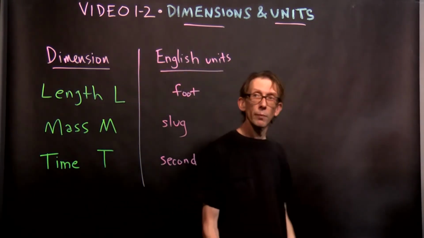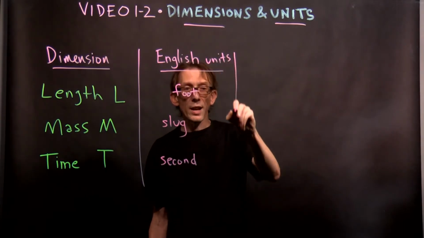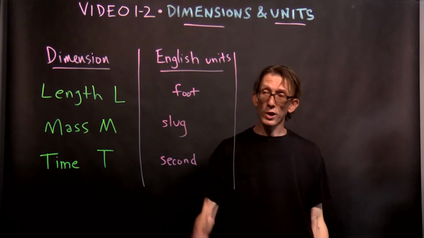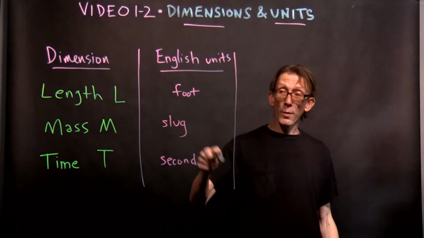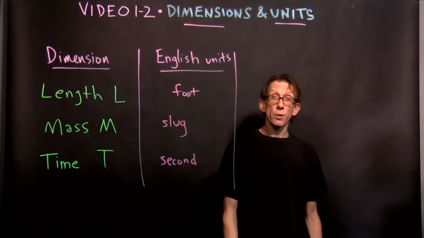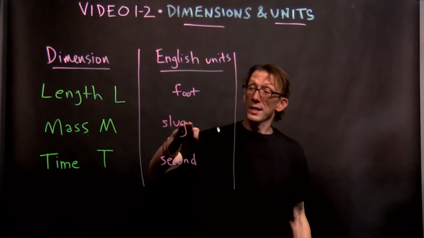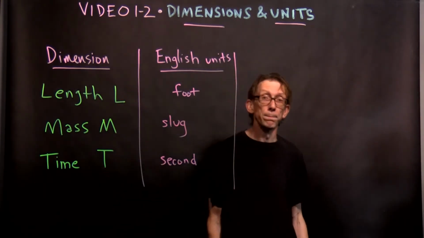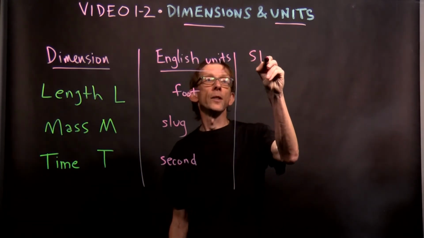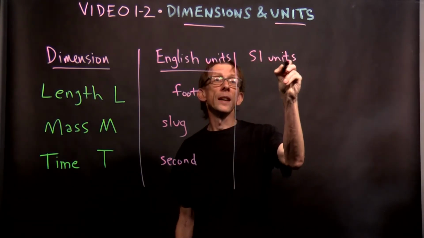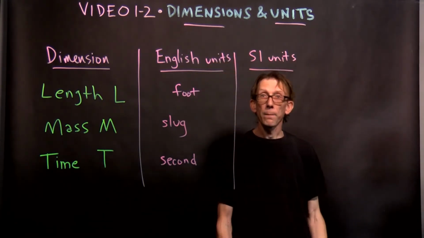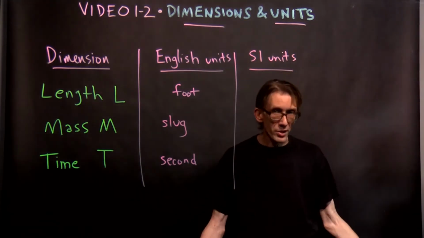Okay? So those are our standard English units, which we do not use in this class. The foot and second are familiar, the slug is not, but those are in a system of units called the English units. And foot measures length, slug measures mass, second measures time. Then there is our unit known as the SI units, which we will be using in this class, in Physics 102. Okay. SI, International System of Units,